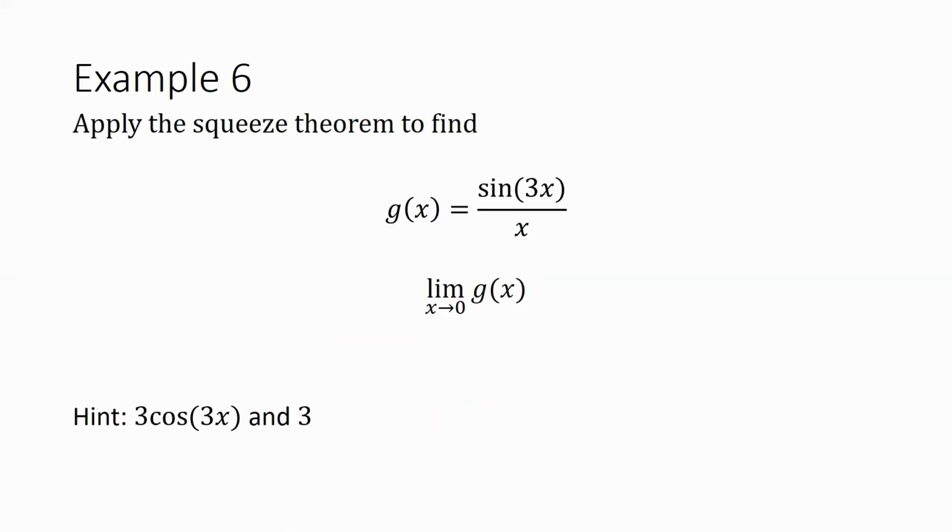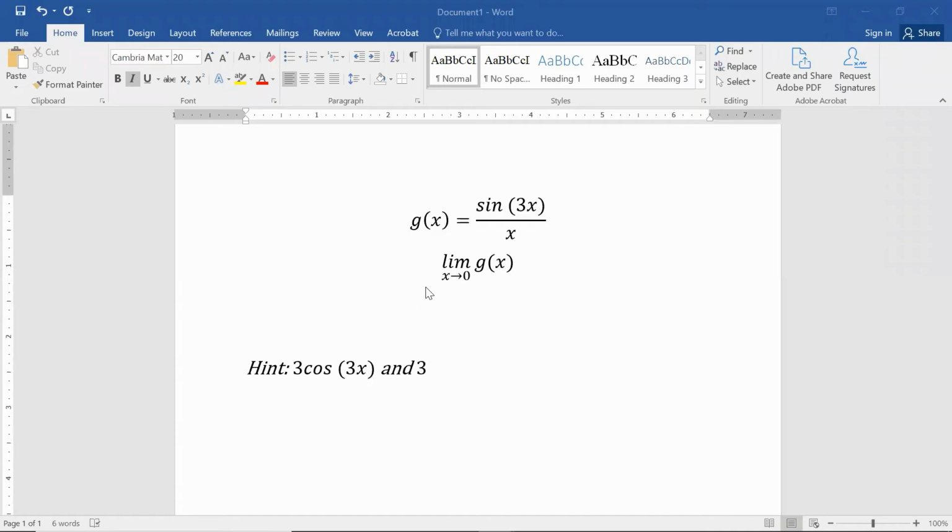So let's take a look at how this would work with the squeeze theorem algebraically. So here we go. Here's our g of x. Here's our limit as x goes to 0. We're finding the limit as x goes to 0 of that. Now, let's take the x values. We have to assign an interval. So let's assign an interval, which includes 0, obviously. So let's assign the interval from negative 0.5 to positive 0.5.